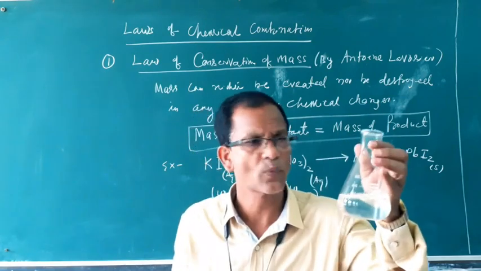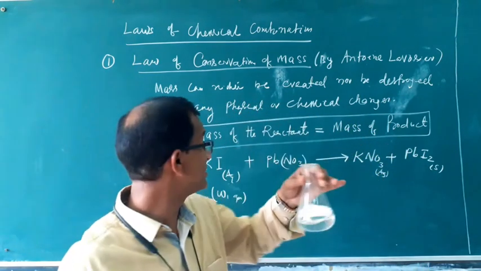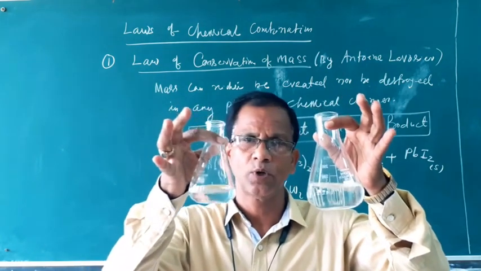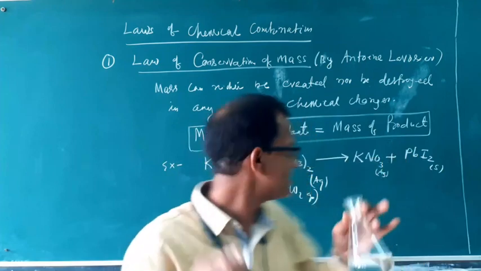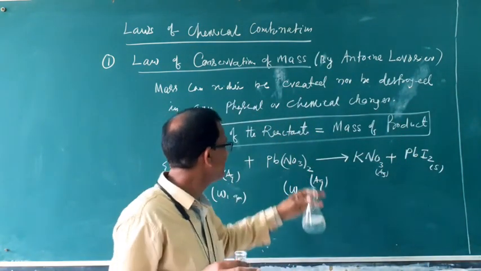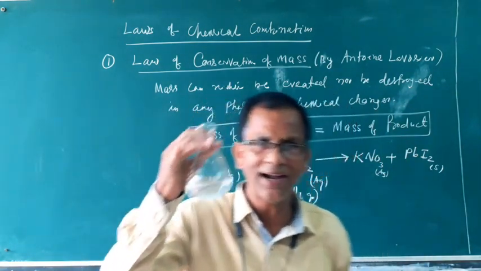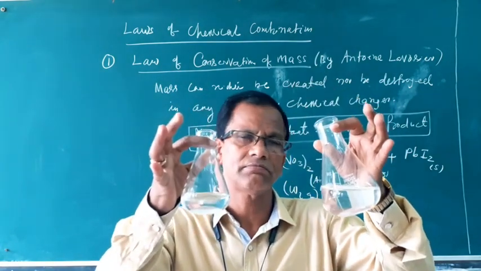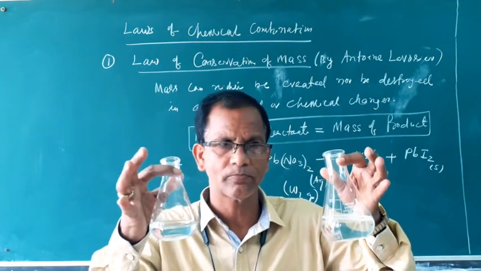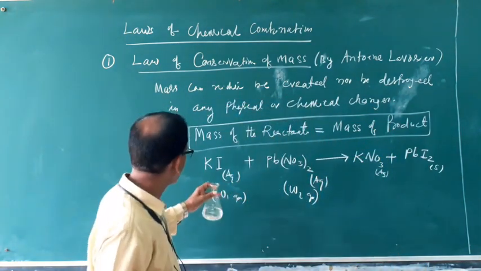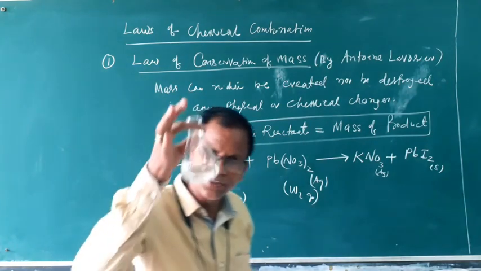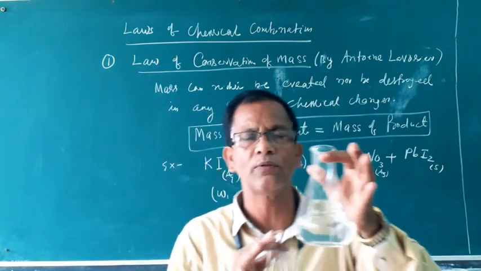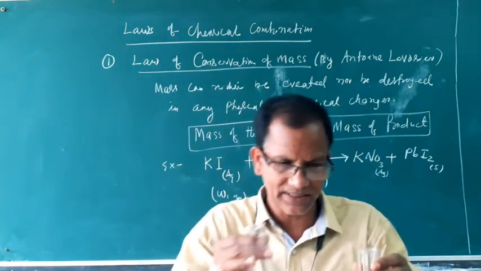This is potassium iodide, this is lead nitrate. Both solutions are colorless, just like water. Here potassium iodide is W1 gram, its mass is known, and lead nitrate is W2 gram, its mass is known. When you mix,